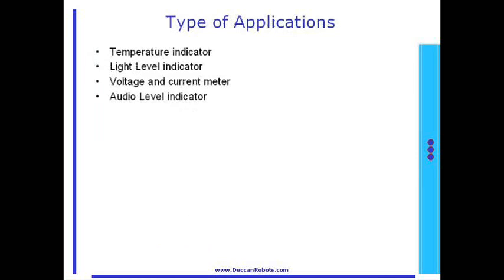There are many such instances in our daily life where we need to read analog data. For example, read and display room temperature on an air conditioner panel, refer to the light level on a sports ground like cricket, read voltages and current using a voltmeter, monitor dB level at a particular noisy site, etc. In all these examples, the embedded applications monitor analog signals and display equivalent numeric values. We will use ATmega32 to read temperature,